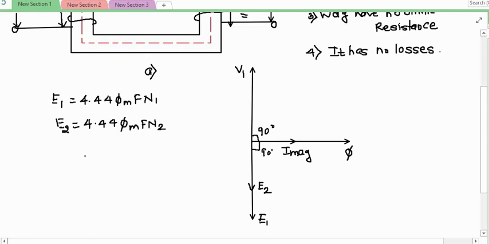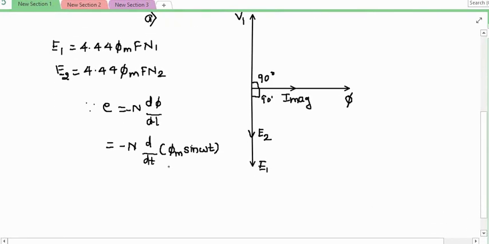Students, we have seen what Faraday's second law said. The magnitude of EMF is directly proportional to the rate of change of flux linkages. As this flux is alternating, I can write this as minus N d by dt of phi m sine of omega t. So what will I get here? It is minus N